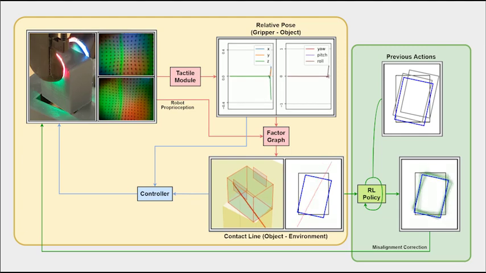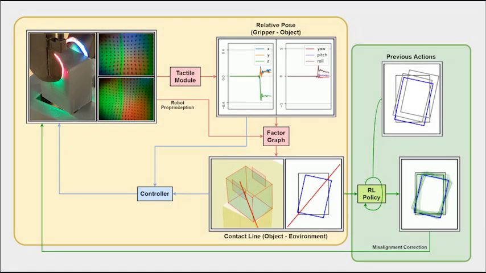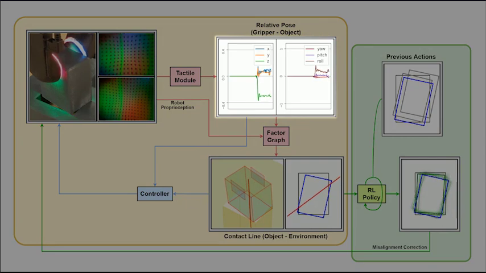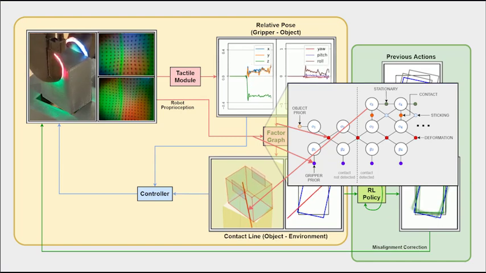Let's dig into more details. First, the tactile sensor captures the deformation between the grasped object and the external environment as a high-resolution tactile image. We then convert the deformation image to the gripper object relative pose. The factor graph incorporates the relative pose and the robot motion to estimate the contact line, which is indicated as